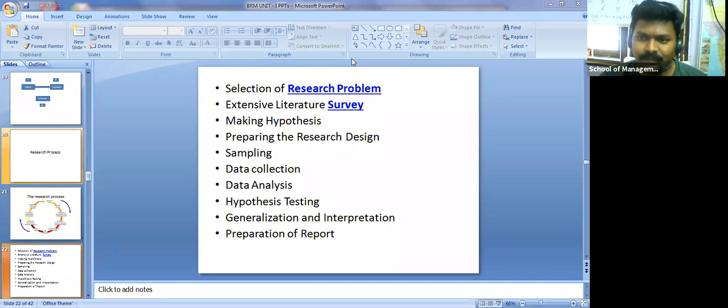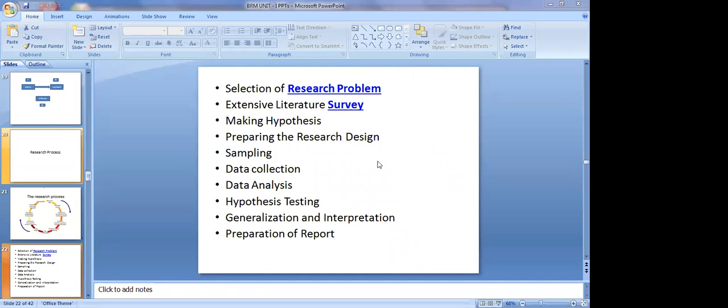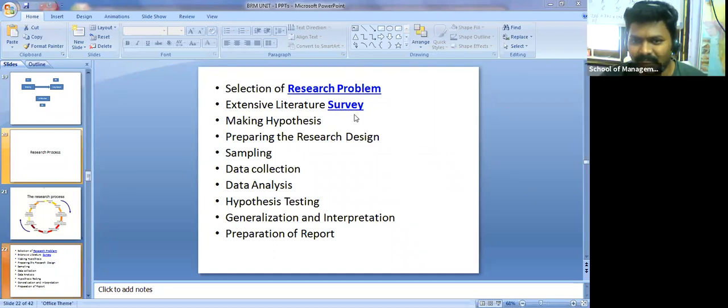Okay, so once you identify a problem, then the next step is an extensive literature survey. It's vice versa here. To identify a research problem, you may go ahead with the literature survey, or once you identify your problem, based on that you collect some information related to that particular problem, what exactly other researchers did, and what their conclusions were, and based on that you work. You are going to find even more gaps which were not covered by the previous researchers. That is your research problem. It may become your research problem.